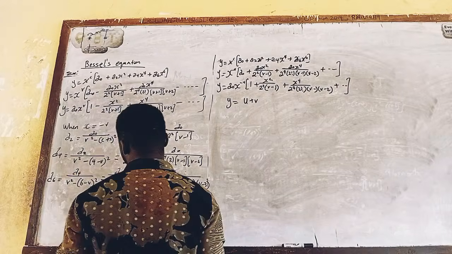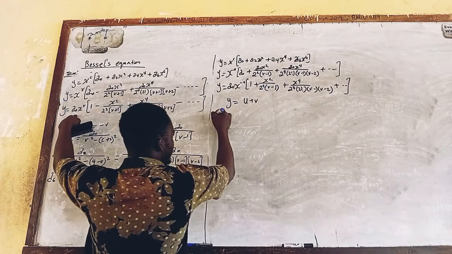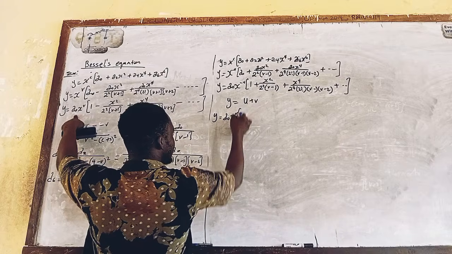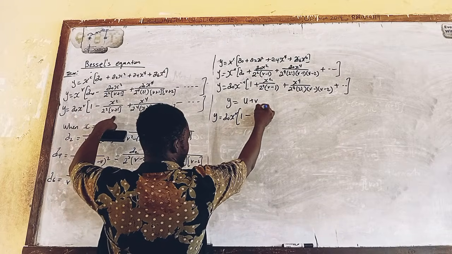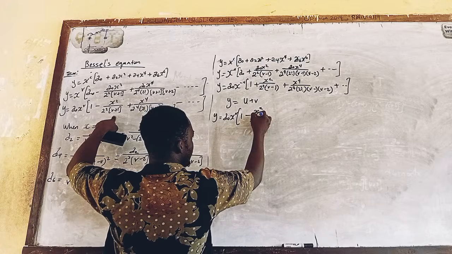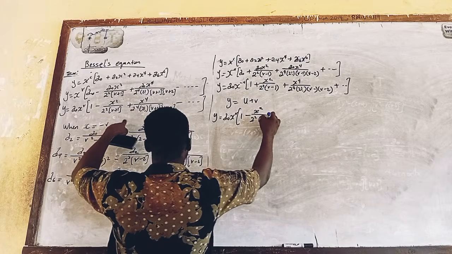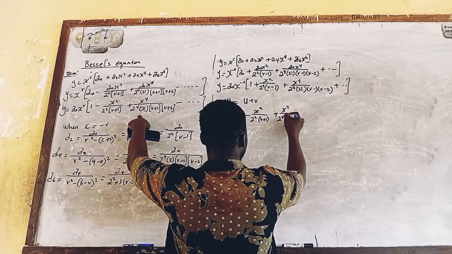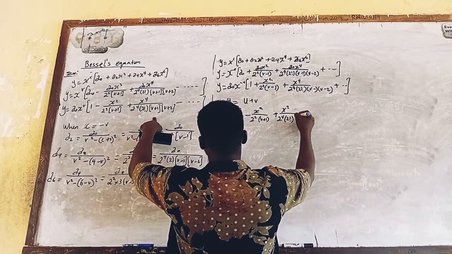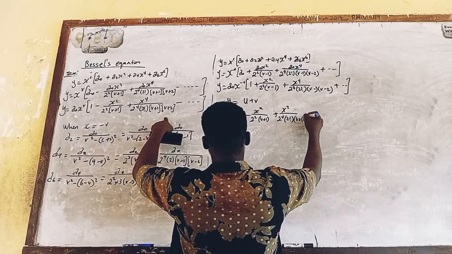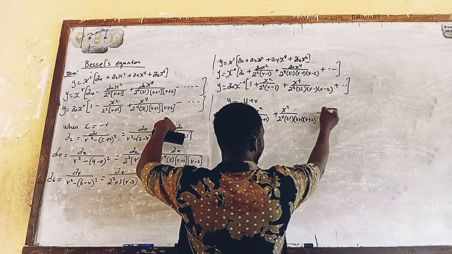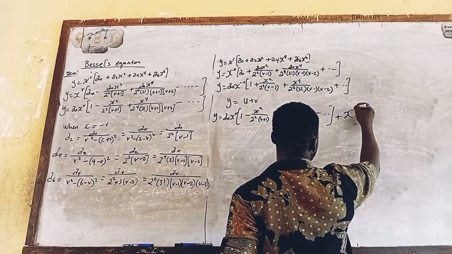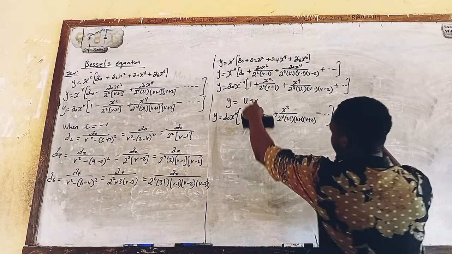The first one is going to be our u, y equals a naught x raised power v times 1 minus x squared over 2 squared times v plus 1 plus x squared over 2 raised power 4 times 2 factorial times v plus 1, v plus 2 minus dash, plus x raised power minus v now, in bracket of 1